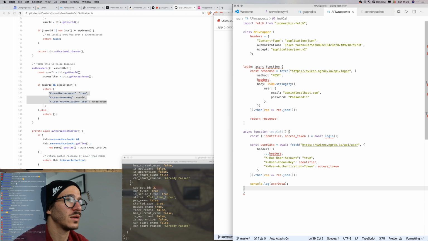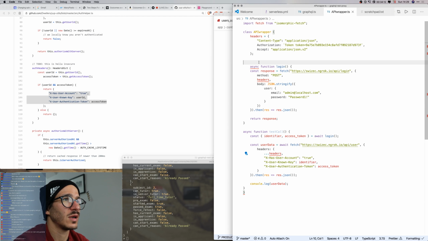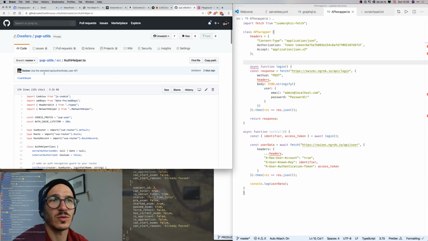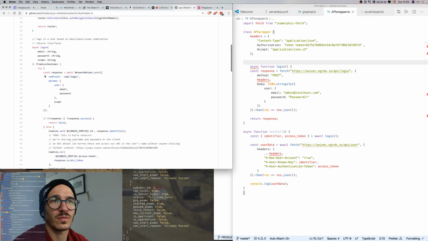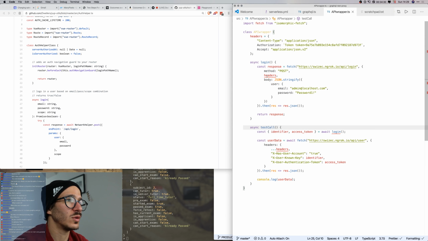Okay, and then async function login. Is that how I define it? Constructor method or access property. What? How do I not know how to do this? Oh, I know how to do this. Okay, now I know how to do this. Async login is that, and then we have async test call, which is all of that. Cool. Headers becomes this dot headers, and then when we log in,